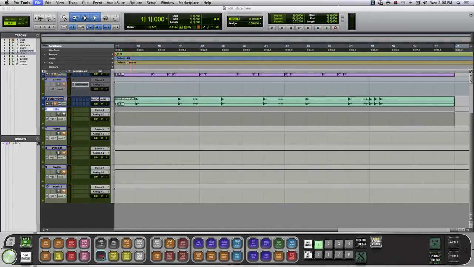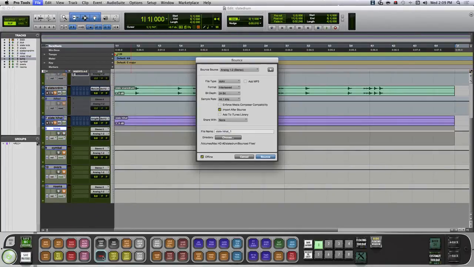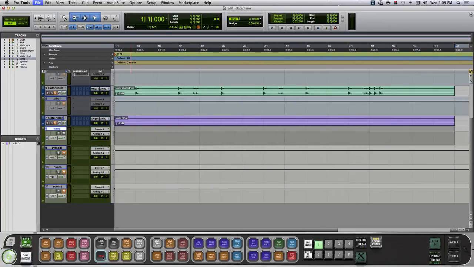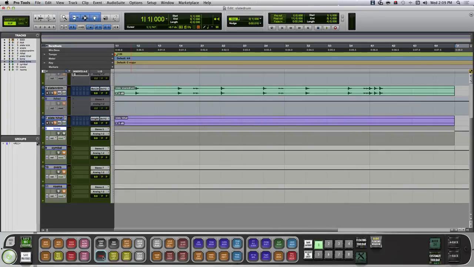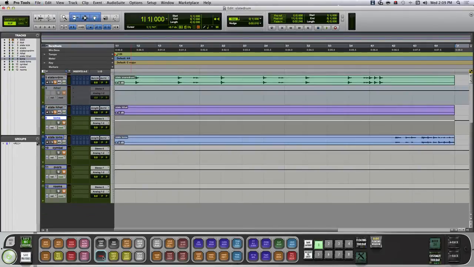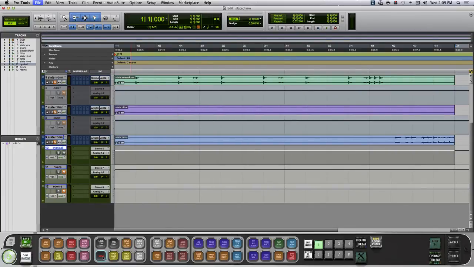Now it's going to go to the hi-hat and run the same pattern. Import after bounce, mute the track after the bounce, go back to the hi-hat aux and mute that. Now we got our toms. It's going to run the same thing, import after bounce, mute the track, go to the toms, make that aux inactive. Cymbals,